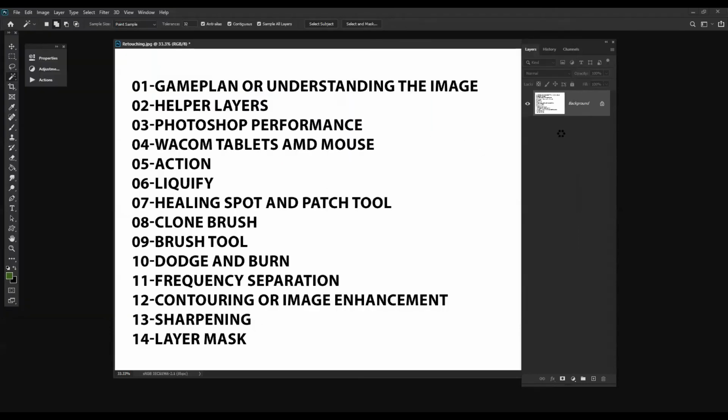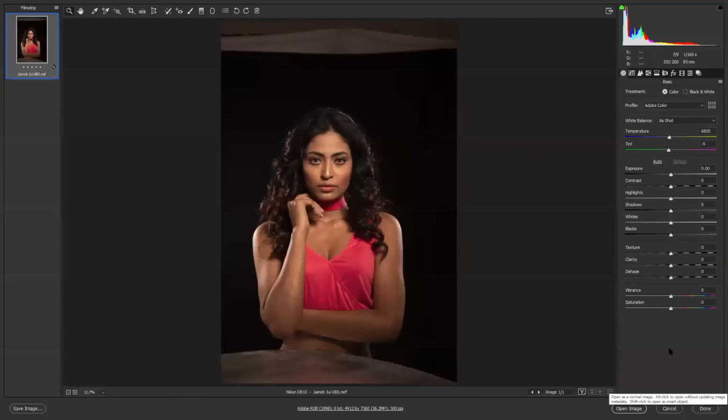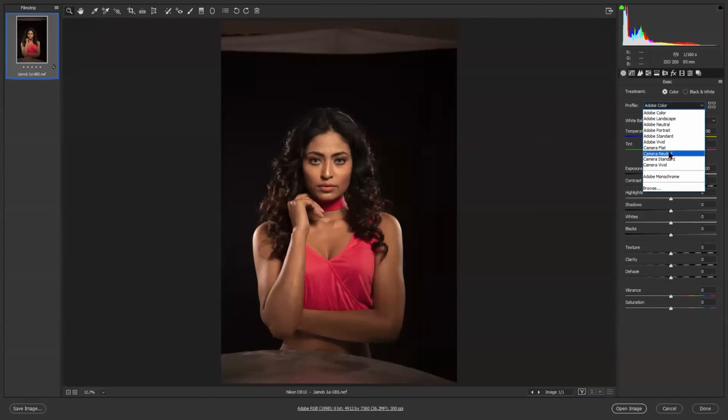So this is a basic image shot by Ravi Bhushan. Raviji, which profile did you use for it? Standard, sir.